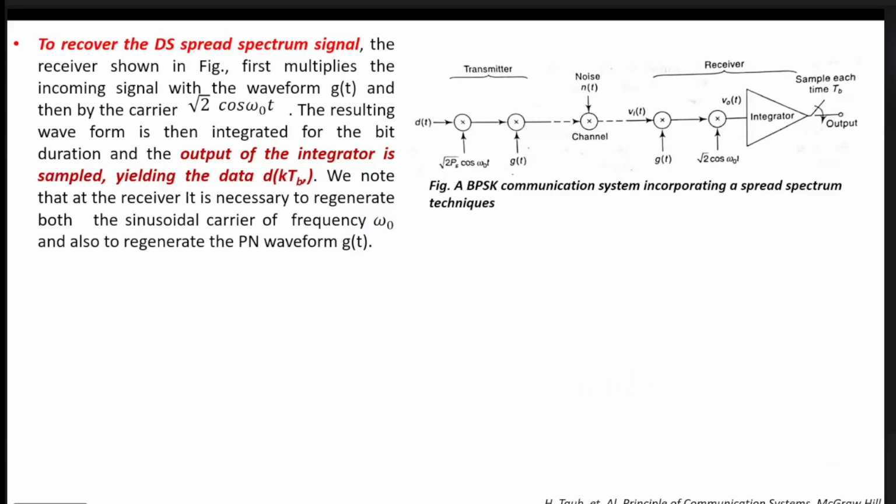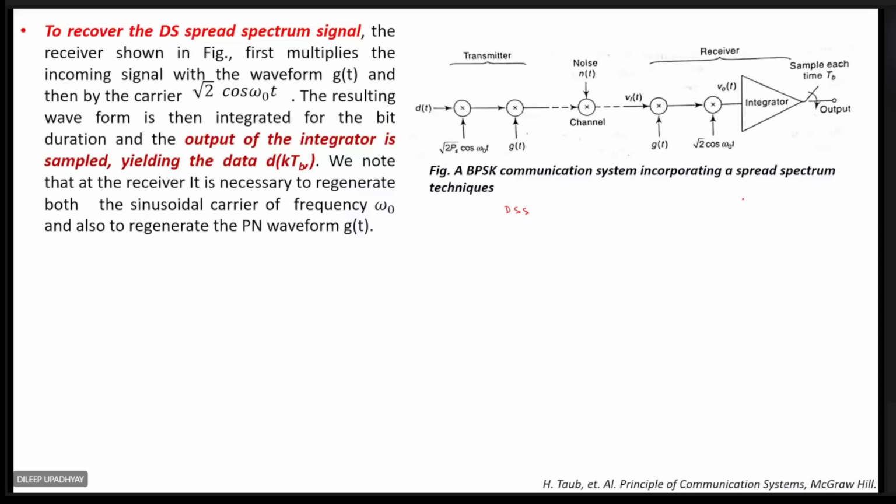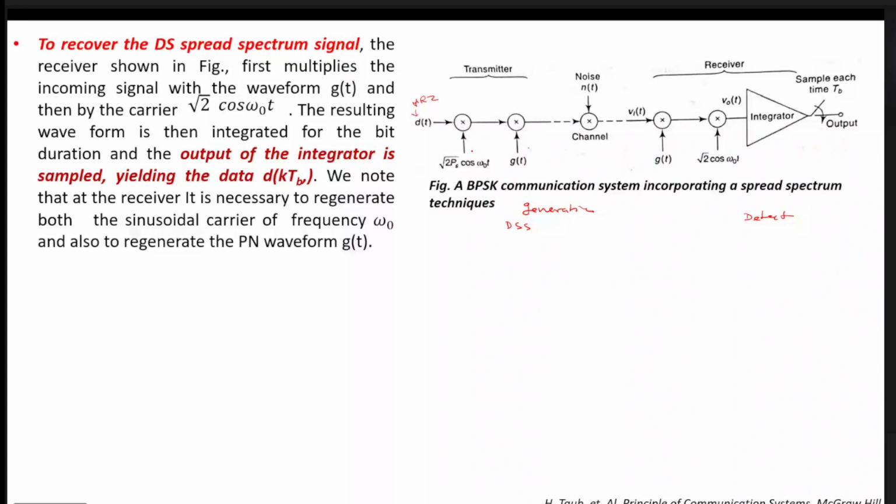This I have also already discussed, that is, how can we generate the direct sequence spread spectrum signal and how can we detect it. So generation and detection are both drawn in the same figure. For the generation, this one is the transmitter. Here g(t) is the PN sequence, and d(t) is nothing but the NRZ data. This data is multiplied by √2Ps cos ω0t, because ultimately our aim is to